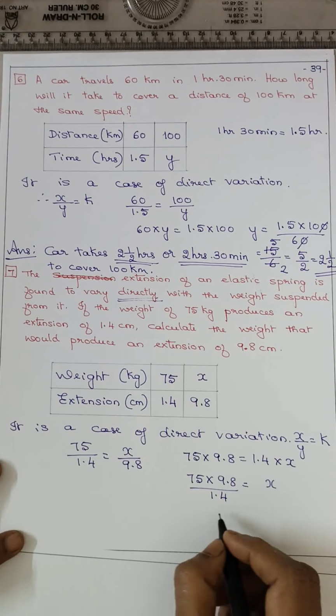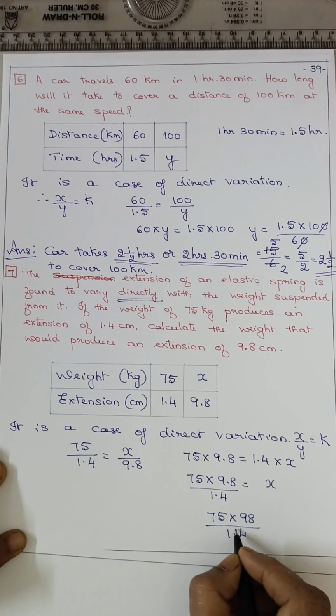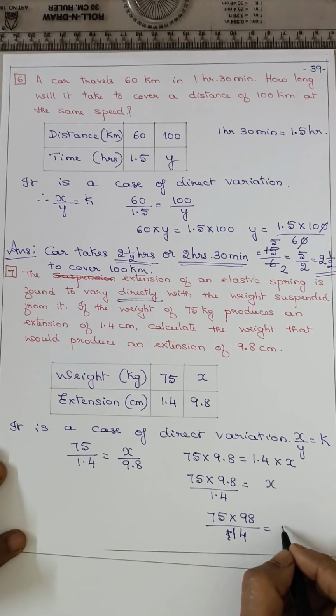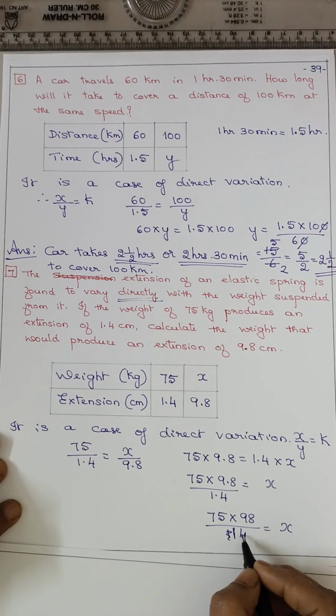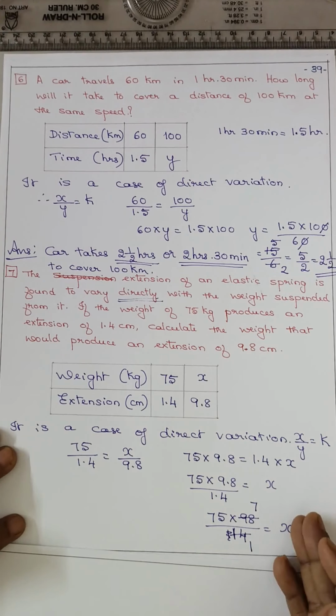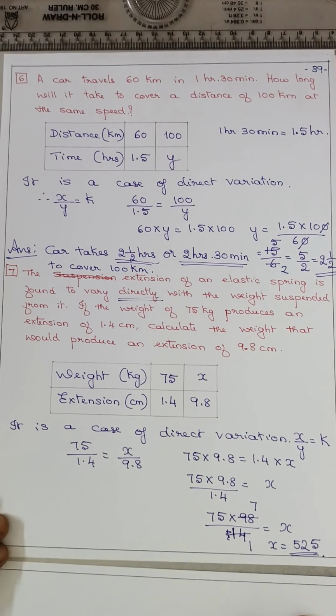दोनों फर्स्ट डेसिमल में है, just remove it. It will be cancelled, isn't it? So 1 decimal, it gets cancelled. So it will be 14. How much are 98? 14 ones are 14, 14 sevens are 98. So x is equal to 7 5s are 35, 7 sevens are 49, 50, 51, 52. So you got x is equal to 525.